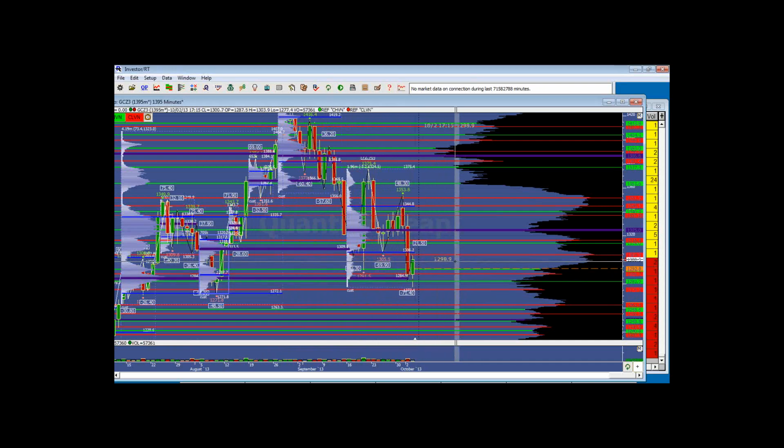We're now trying to stay above 1300. If we stay above 1300, I'm looking for a rotation to 1309, and then the immediate target above that will be up here at the 1325 microcomposite VPOC, which is the most accepted price within this balance area here. And then above that, I'm looking at the 1330 area from this former microcomposite, and value area high for this microcomposite at 1344.80. So that's what I'm looking at.